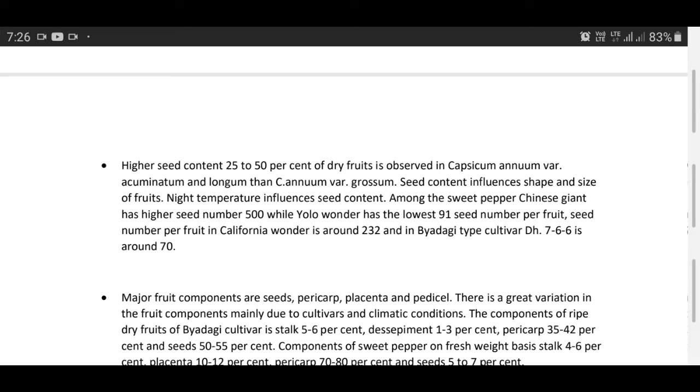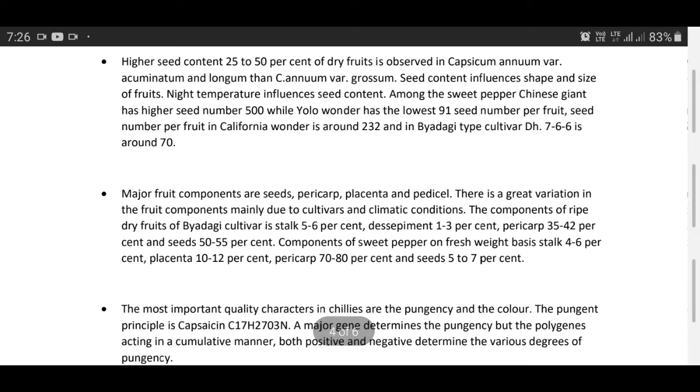Among the sweet peppers, Chinese Giant has the highest seed number, 500, while Yellow Wonder has the lowest, 91, per fruit. Seed number per fruit in California Wonder is around 232, and in Baidagi type cultivar DH 766 is around 70.